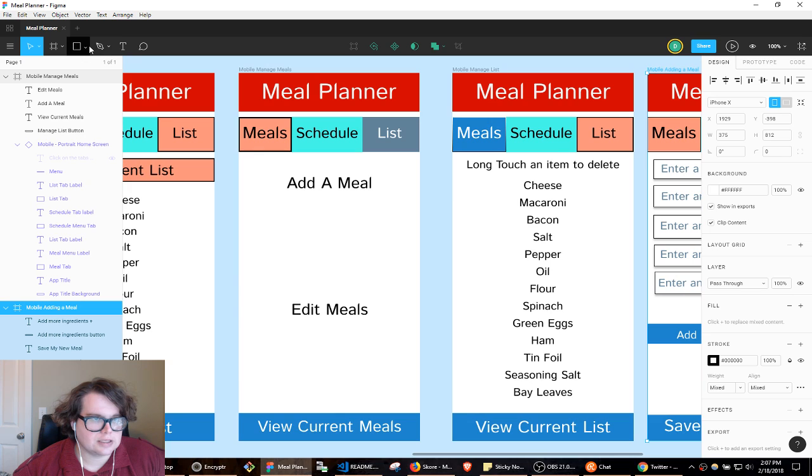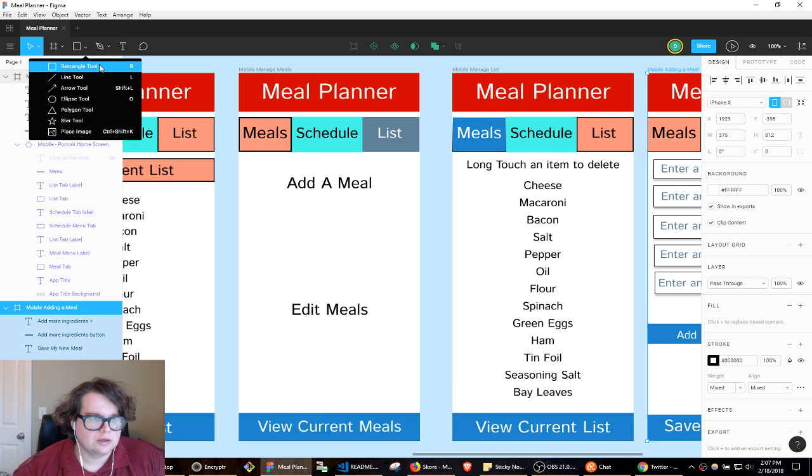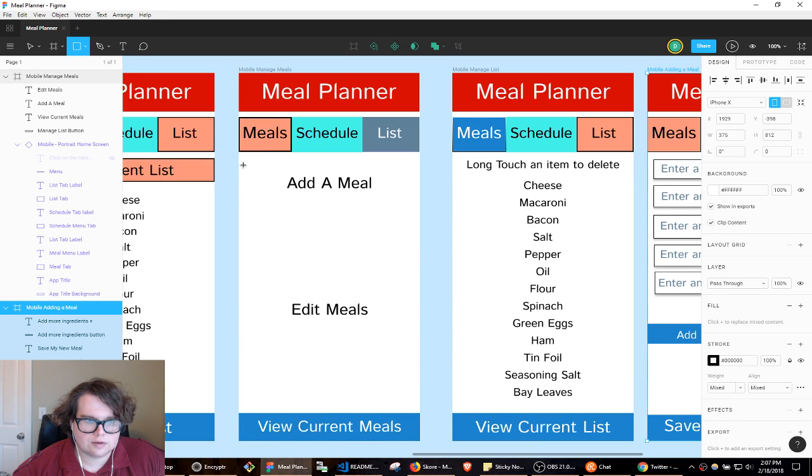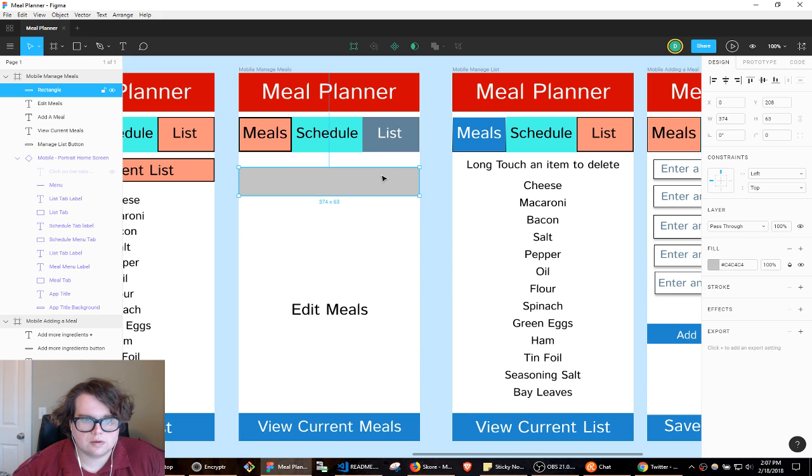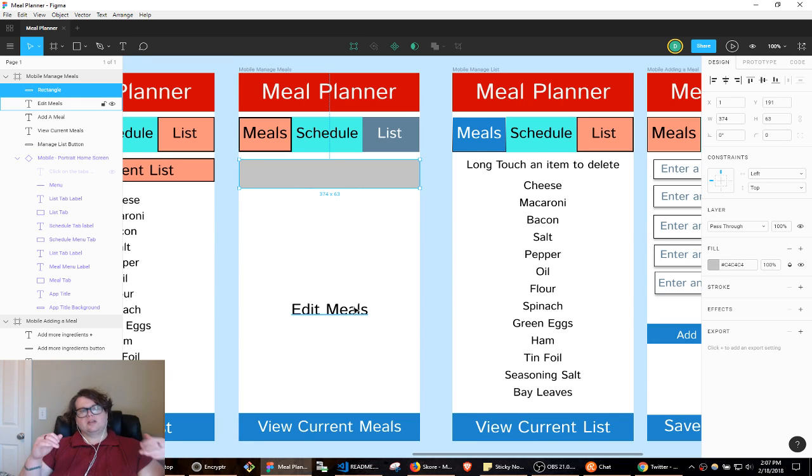And so for this, let's create a box that will hold this. Perfect. And I think the meals thing is going to